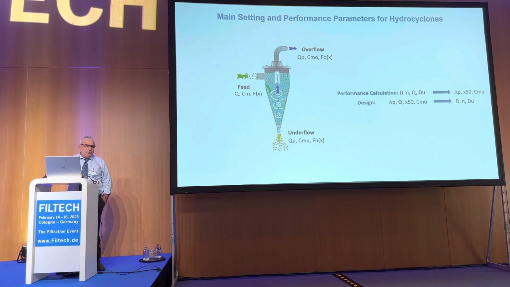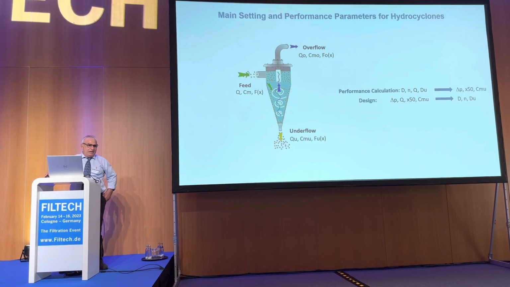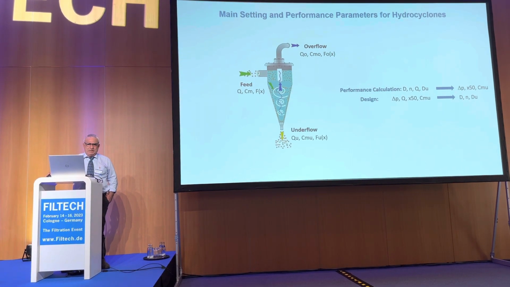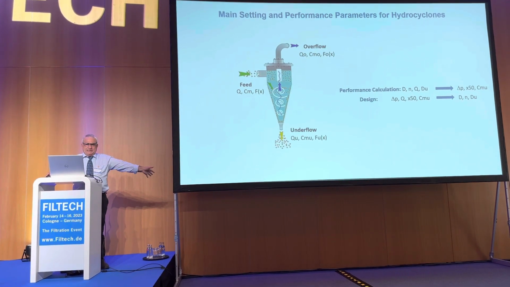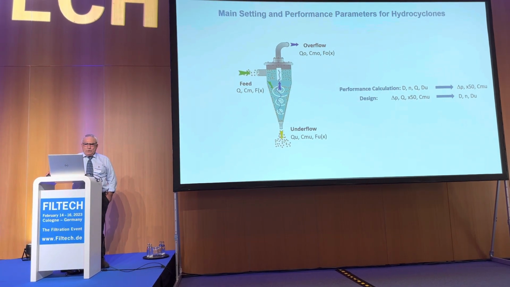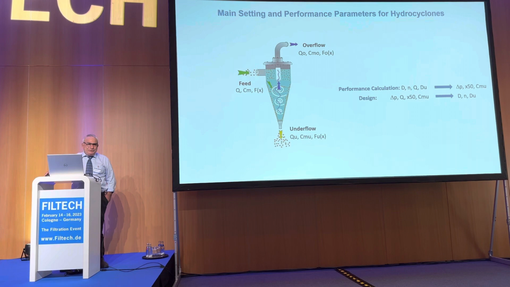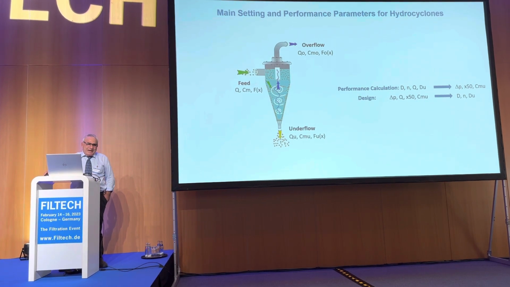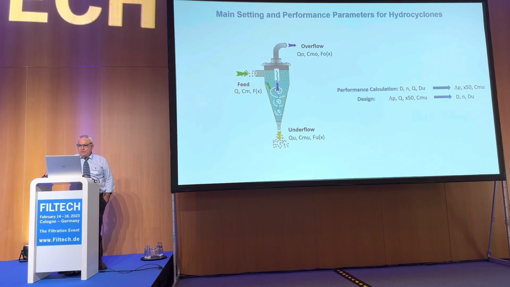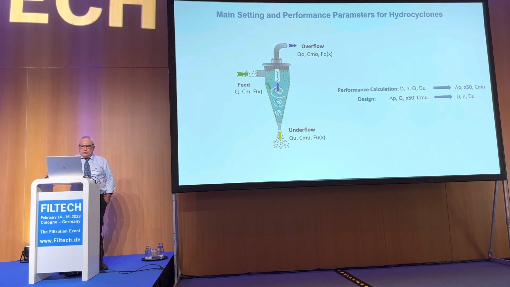In many situations when we use filters, for example, drum filter, belt filter, when we have a relatively low solid mass fraction of the feed, we use a hydrocyclone to have a concentrated suspension, and this underflow will be the feed of the filter apparatus. That's why it's very important to be able, not only because of the belt filter or the drum filter, in many applications it is very important to be able, for example, to have in design,